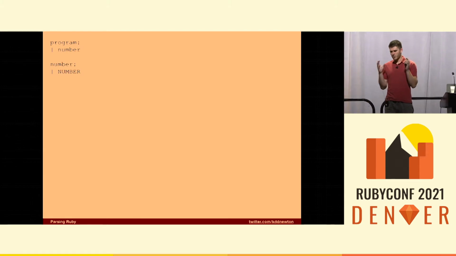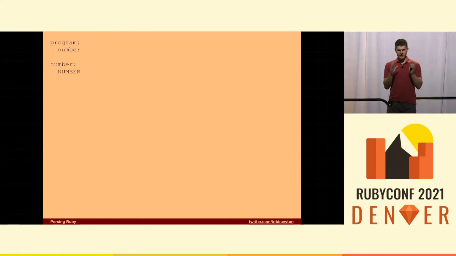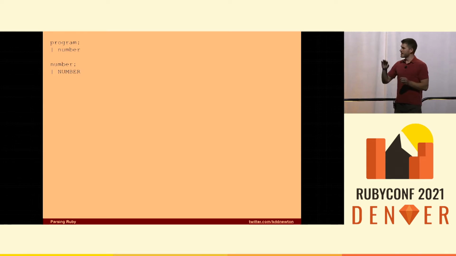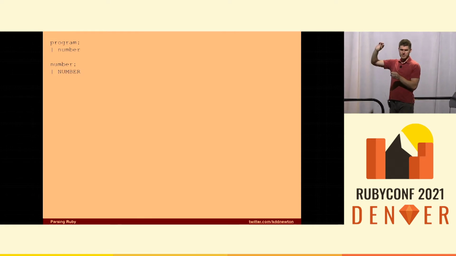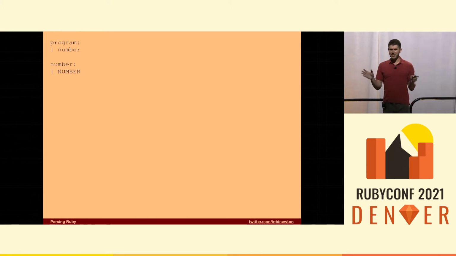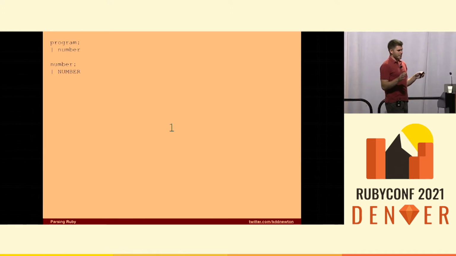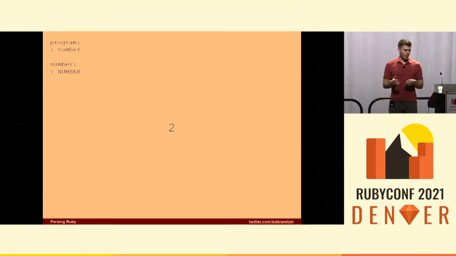So if we just wanted a language that only accepted one single number, this is what the grammar would look like. It's actually overly complicated for this because it could just say program points to number, but I'm doing this for illustrative purposes. A program is going to be our root node. It's going to point to our overall grammar. It says the only thing that it accepts in this grammar is a number. The number is a non-terminal token as opposed to a terminal token, and it accepts only a single number token. I realize I just said token a whole bunch of times. This will accept something like 1 or 2 or 7 or any number, but it's not extensible enough for us to do anything with, so I'm going to extend it a little bit.